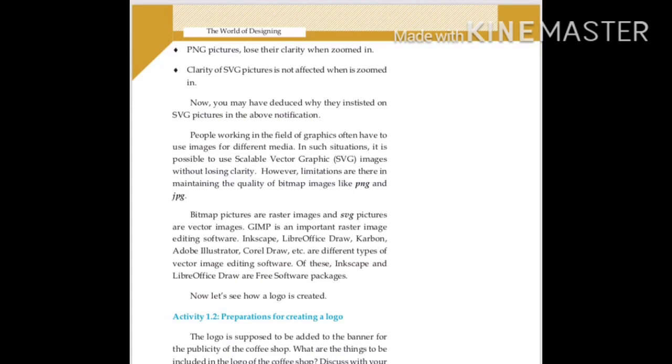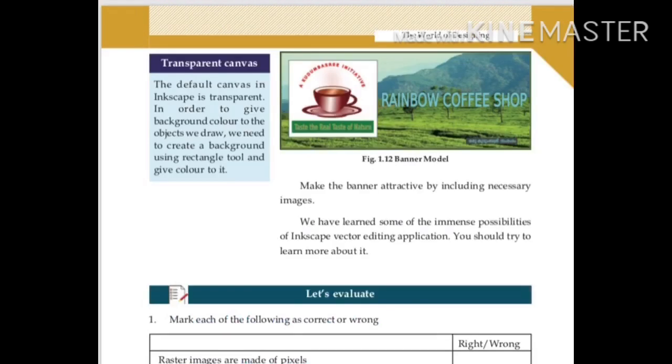Okay, so in this chapter we have to prepare a logo for a coffee shop. You can see a logo here. We have to prepare it. What does that logo contain? You can see a cup and saucer, then some text, background pictures, etc., right?